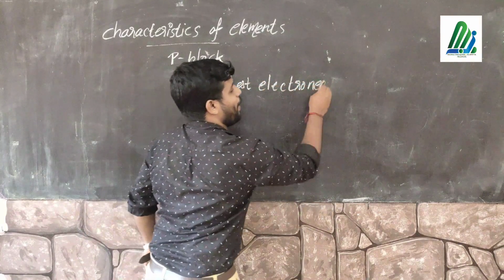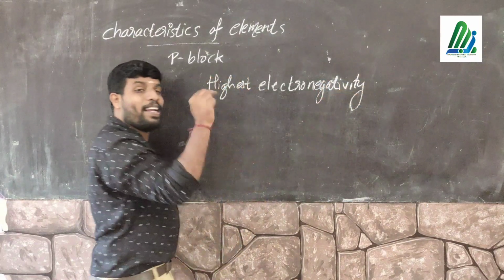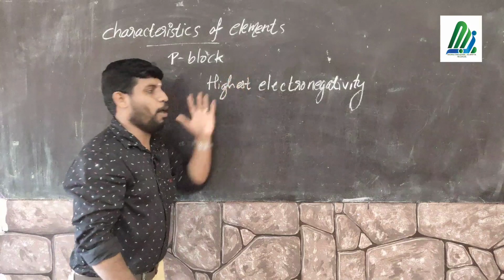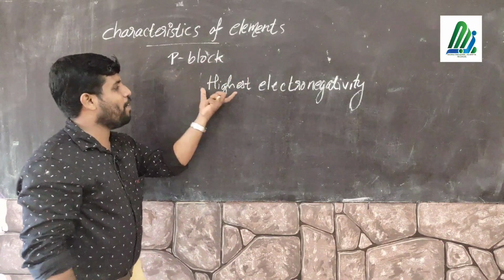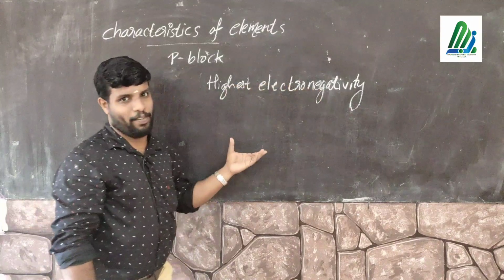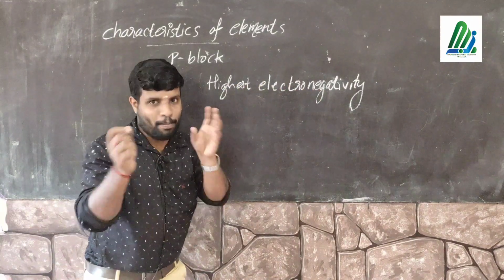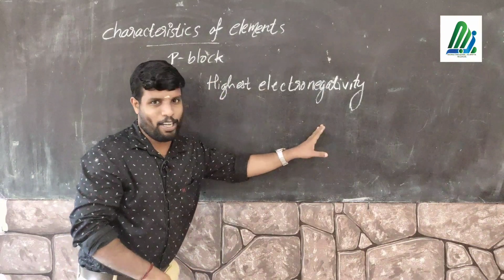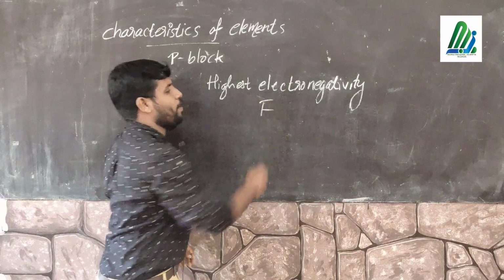Elements with the highest electronegativity will be included in this block. That does not imply all elements have the highest electronegativity; some of the elements do, and the element with the highest electronegativity, fluorine, is included in